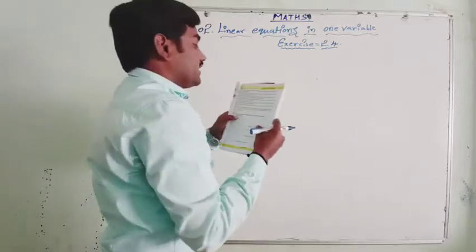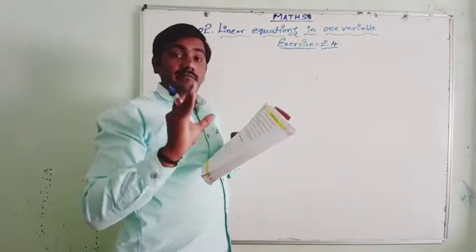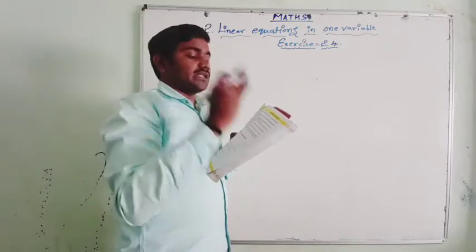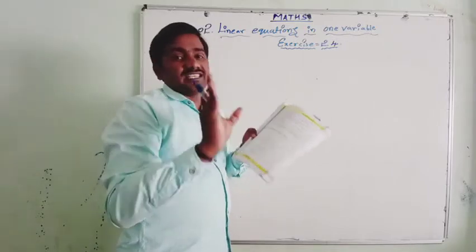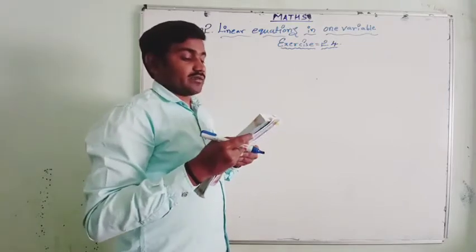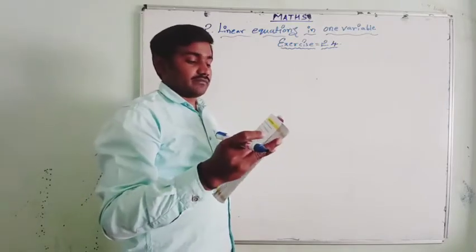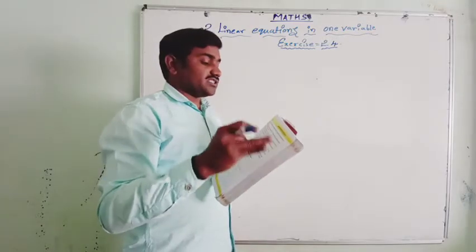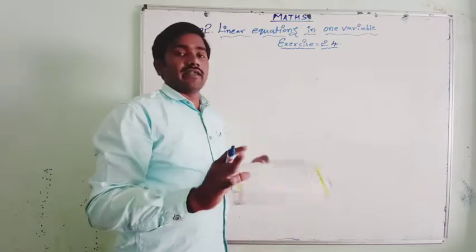A number consists of 2 digits. It is a 2-digit number whose sum is 9. When you add the 2 digits, the sum will be 9. If 27 is subtracted from the number, the digits will be reversed. Then find the number. Simple.